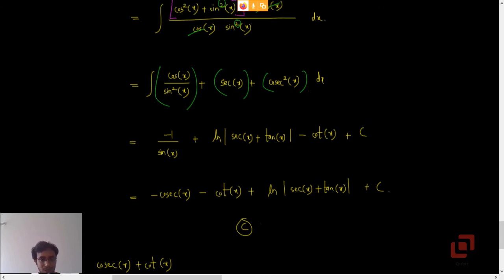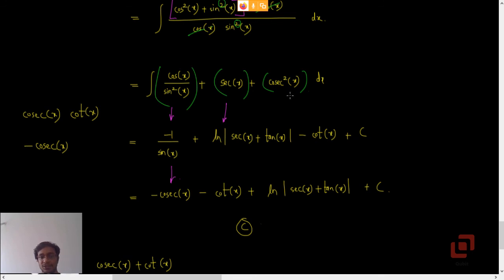Okay, how? Cos upon sin squared x is nothing but cosec cot, and the integral of cosec cot is negative cosec, because the derivative of negative cosec x is cosec into cot. So negative 1 upon sin, or negative cosec. Integral of sec, you had it in the 12th standard, log of sec x plus tan x,